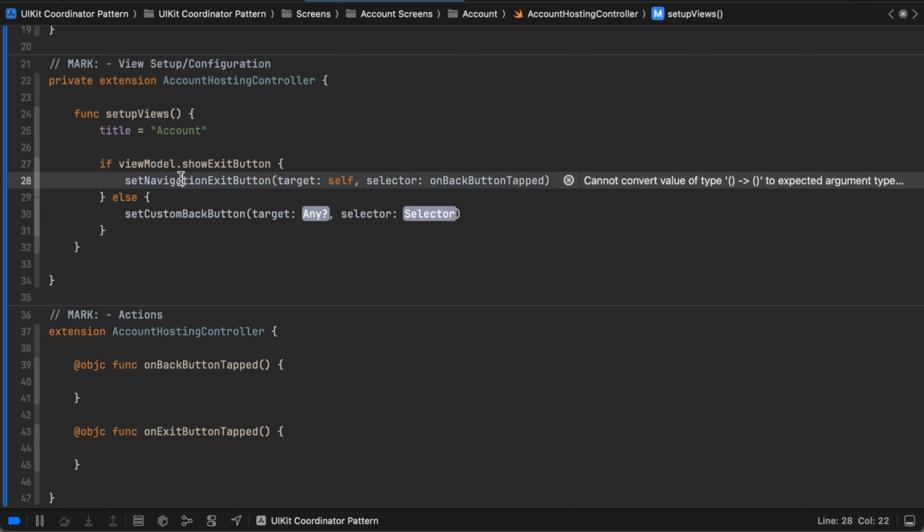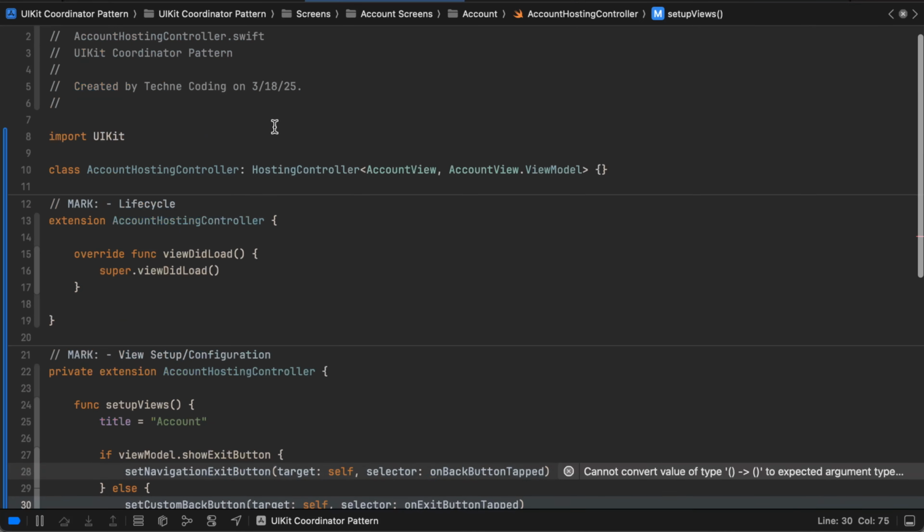So then what we need to do is say set custom back button. So if we're not showing the exit button in the top right hand corner of the screen, we are going to show the back button in the top left hand corner of the screen. The target is self, and the selector is onExitButtonTapped. So from here on out, remember,